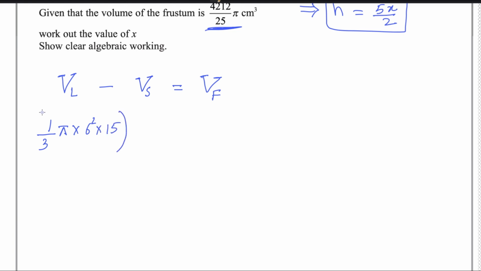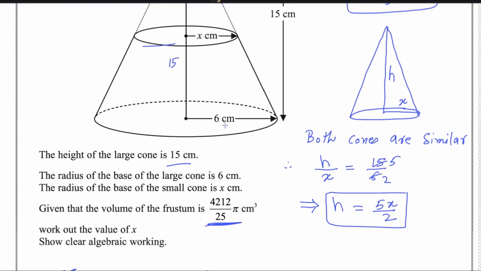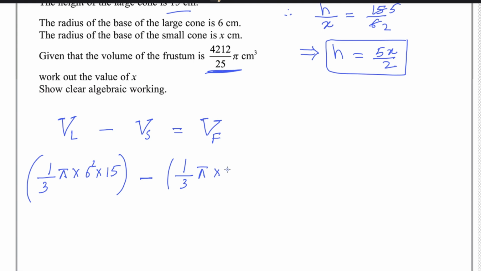Minus the volume of the small cone, 1 over 3 pi multiplied by r, which is x, so x squared multiplied by h, which is 5x over 2. This equals the volume of the frustum,